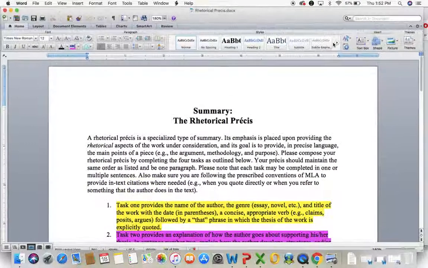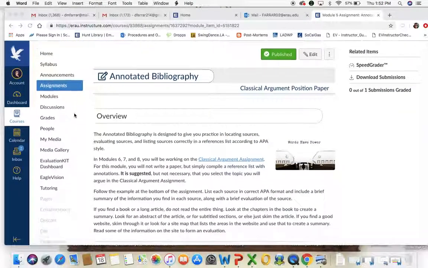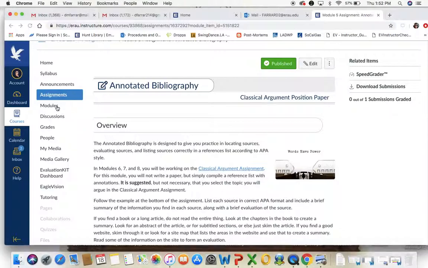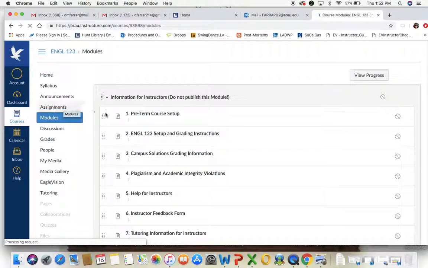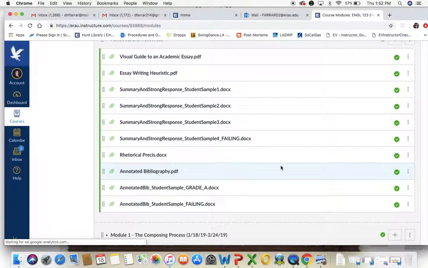Okay, so now I'm going to show you what the annotated bib looks like. And that is in, if you go to modules, I already have them open, but this is where everything is, right? Rhetorical précis, that annotated bib document that I talked about first, and here are the 2 student samples. So I'm going to show you the